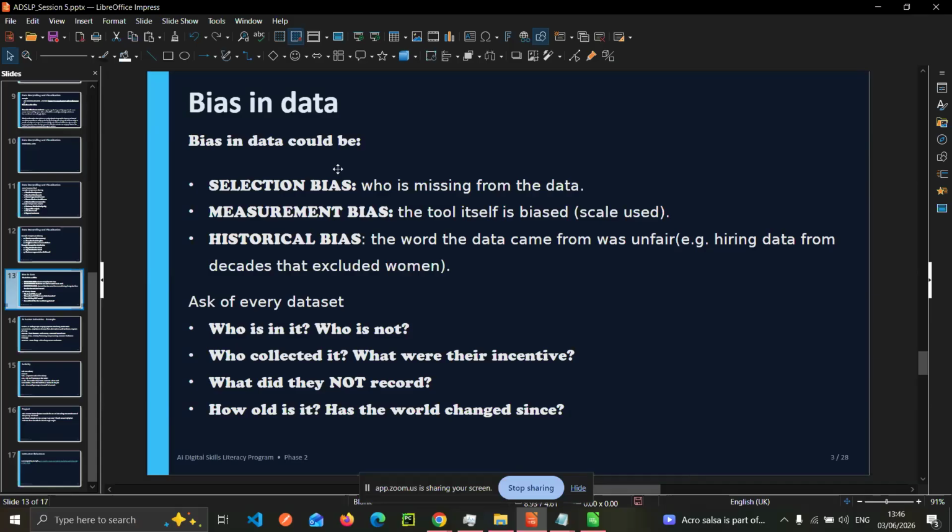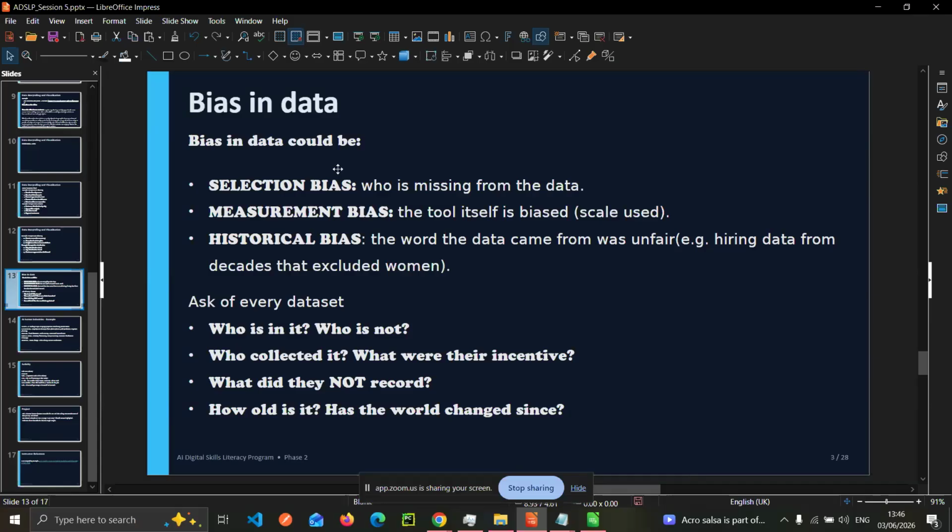So for every data set with which you are going to work, some of the questions we should ask are: who is in this data, who is not, who collected the data, what were their incentives for collecting this data. This all helps in ruling out bias.